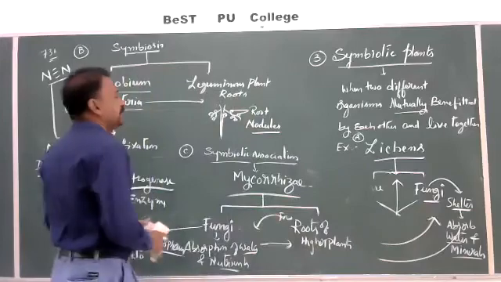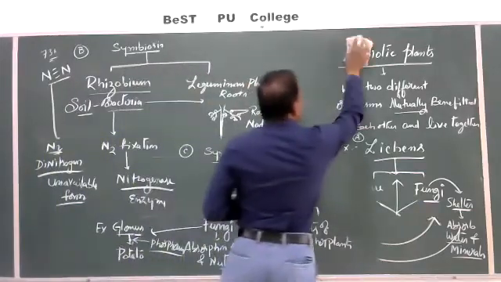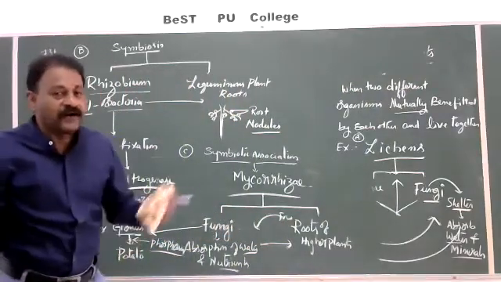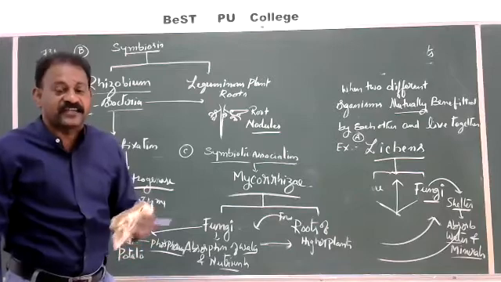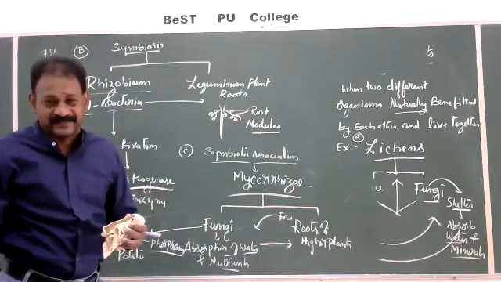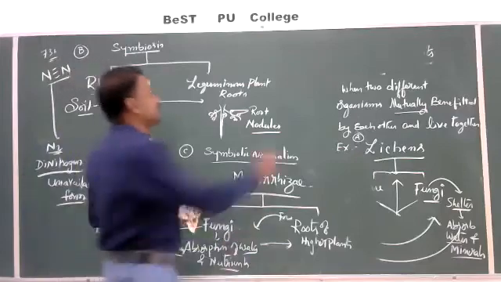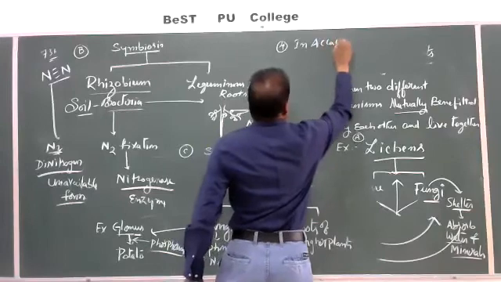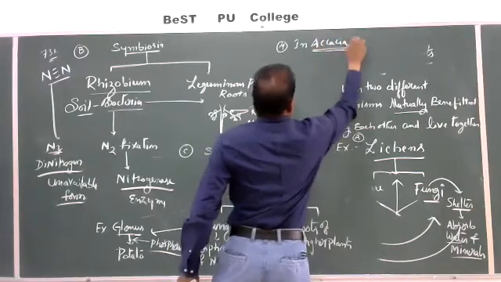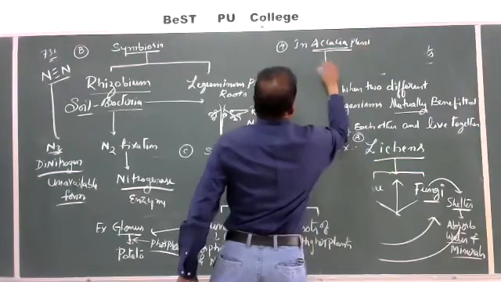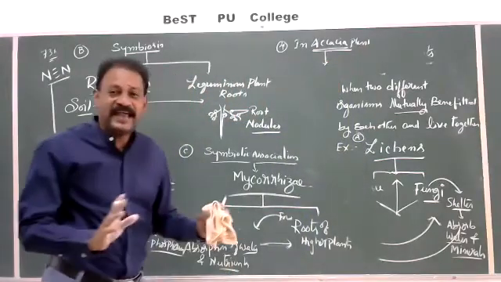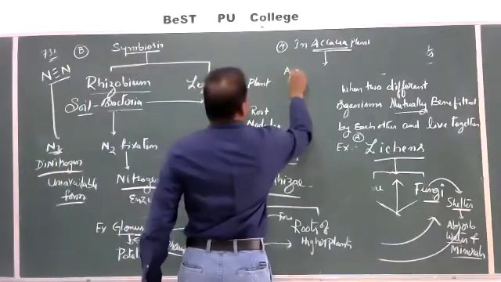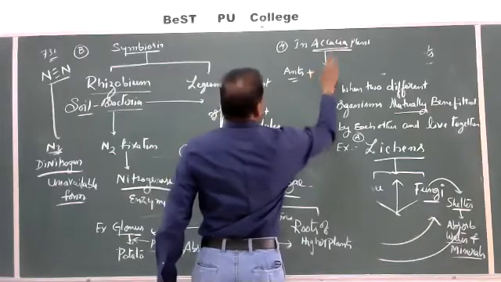In the same way, the best example we can study here in symbiotic association, you might have heard about Australian acacia, Acacia cephalosporus. In the acacia plant, there is an association of the acacia plant's stipules, the plant body, with ants. Ant plus acacia.